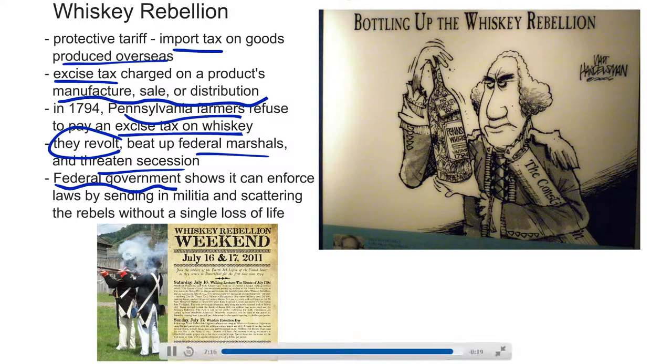This is the first opportunity for the federal government to show that it can enforce the laws that it creates by sending in the militia, led by Alexander Hamilton, and scattering the rebels without a single loss of life. The Whiskey Rebellion was a success for the American government in showing